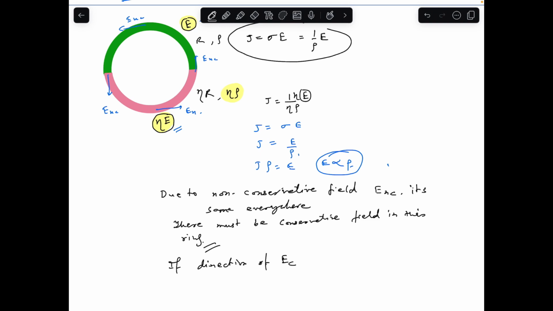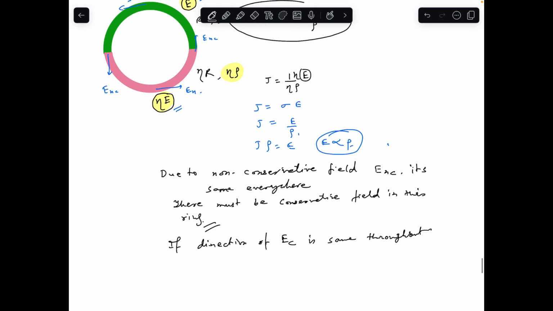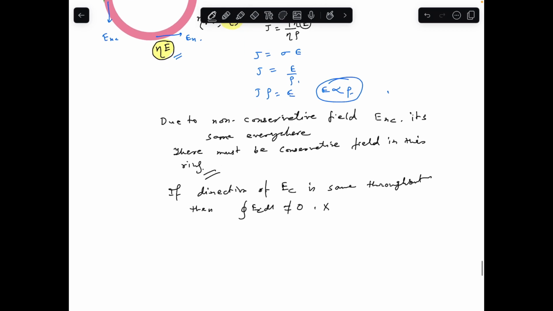No, not possible. Then the closed integral of E dot dl won't be zero, which is against the law of the conservative field. Correct? So that means from here I can say